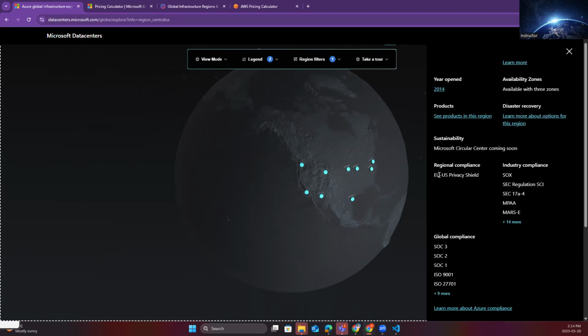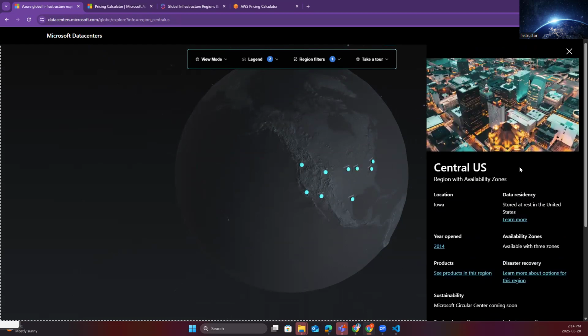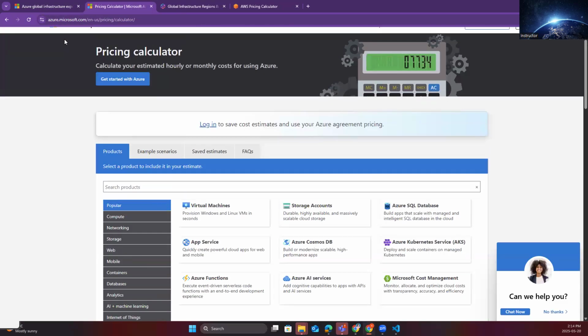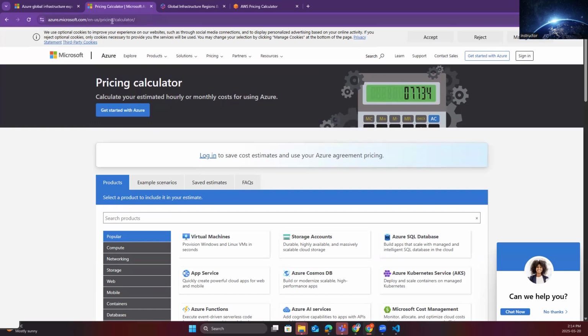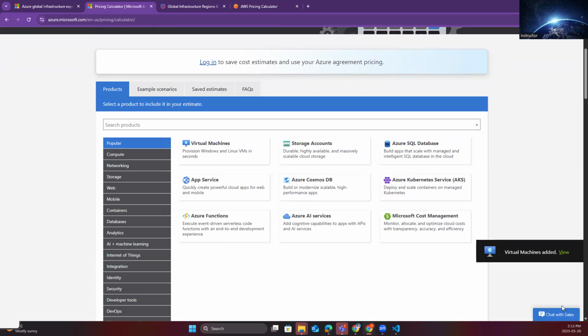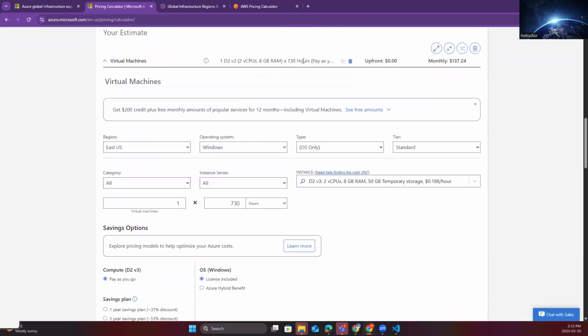Now, what if I want to select, say, Central US? I want to select the region Central US, and there I want to deploy my data center. I want to check the costing that I would be supposed to have. So I will go into azure.microsoft.com, the pricing calculator, and there I will select, say, virtual machines. Inside the virtual machines, I can select what I'm looking for. So I can select, say, the virtual machines which have 2 vCPUs, 8 GB RAM, 50 GB,